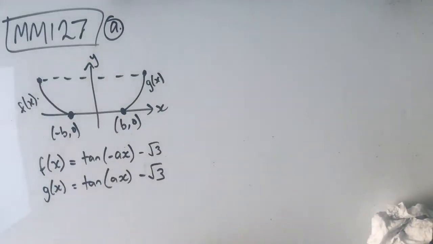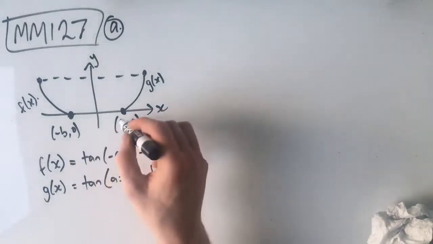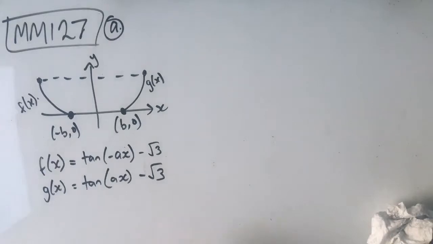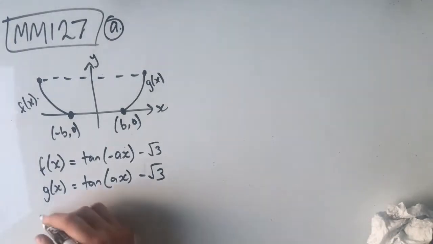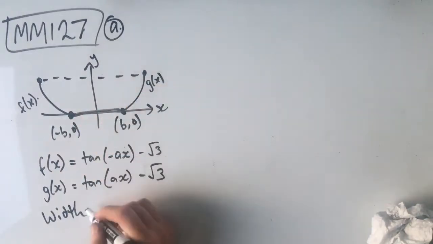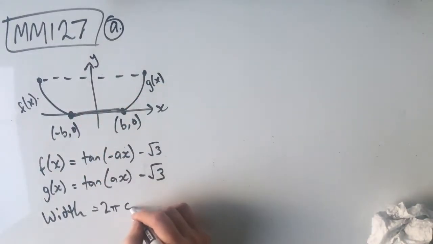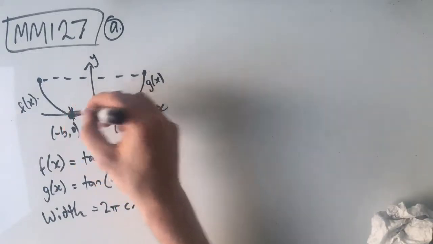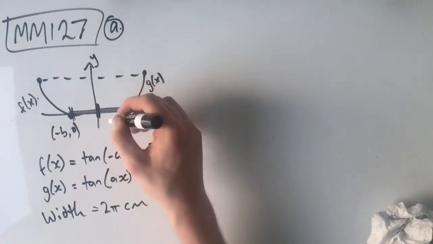And we're asked to show that a equals 1 on 3 and b equals pi, where b is our coordinate here and a is our coefficient of x in here. So we're told that the width of the base of the bowl, which is this bit here, is equal to 2 pi centimeters. Now, if this is equal to 2 pi centimeters, that means that half of this is pi,